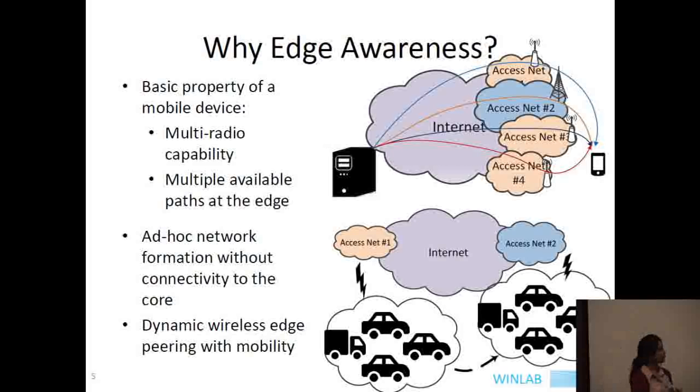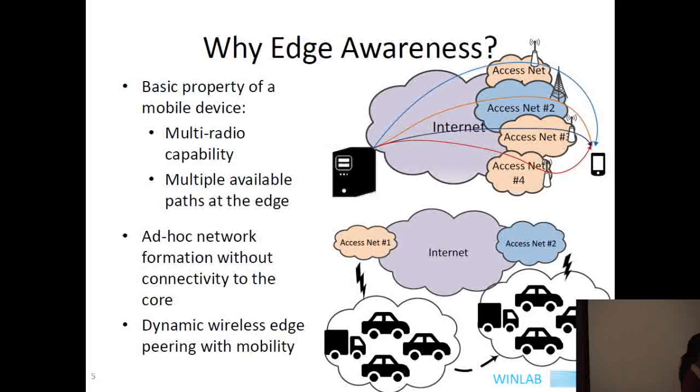So this is necessary for scenarios like multi-homing, where you can use multiple interfaces and transmit data at the same time. And this is something that needs to be supported in the inter-domain, because all these different networks belong to different entities and they need to collectively transmit data for a single flow to a single device. This functionality is not supported, and we try to address that using EIR.